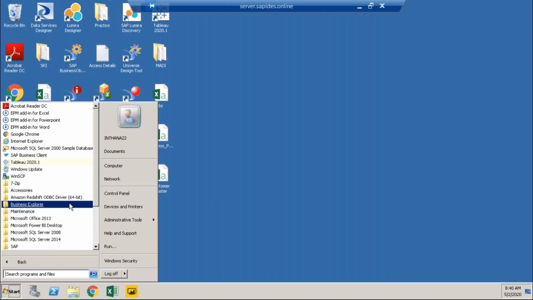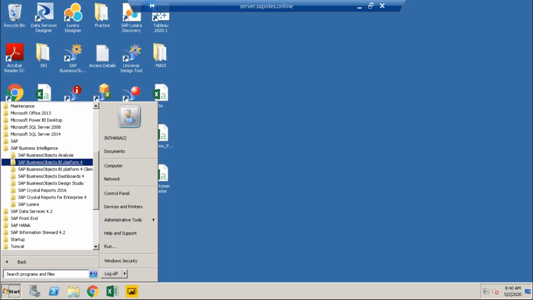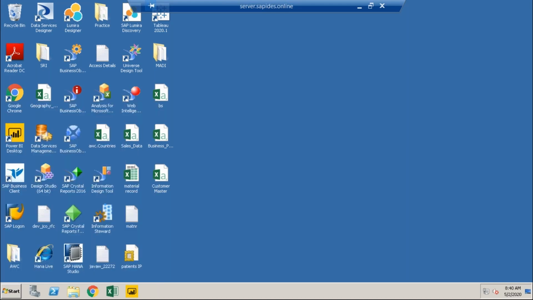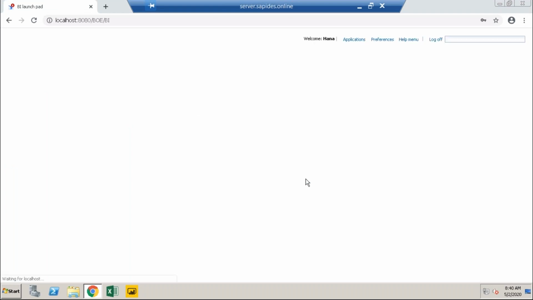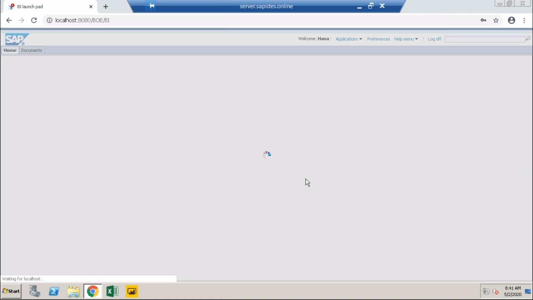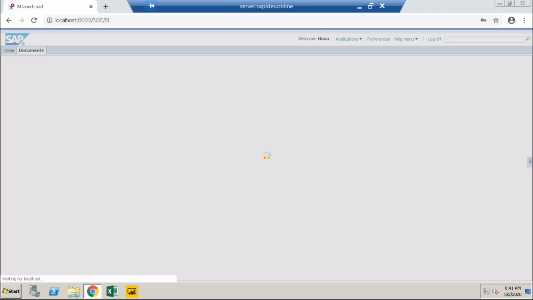So I think the file which we have saved, the client will go to his BI Launchpad. He will log into the server. So he will go to the document.